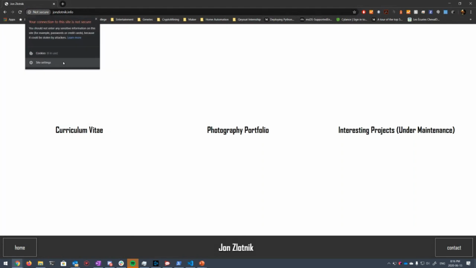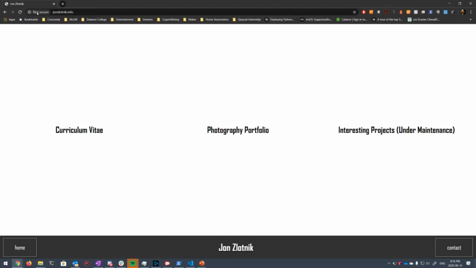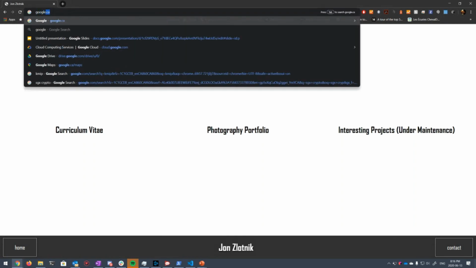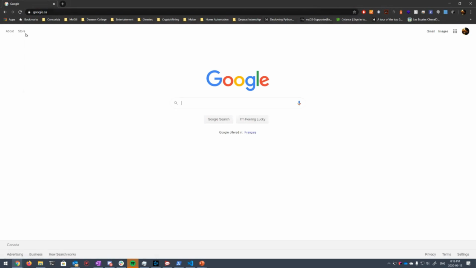Why is it not secure? Because there's no certificate. There's no cryptographic public key that you can verify. Okay. But if you go, for example, to google.com or .ca, then you see a little lock there, right? Oh wait, can you see my screen with google.ca? Okay, nice. Yeah. So this little lock here shows that it's secure,